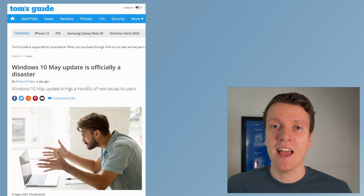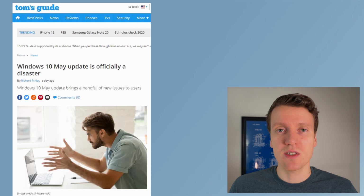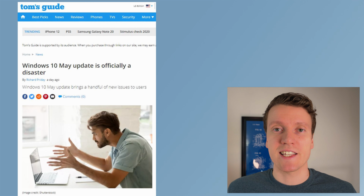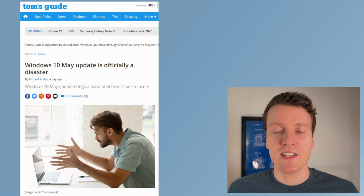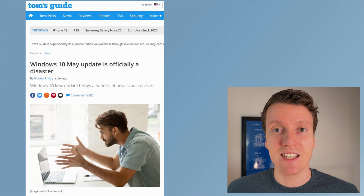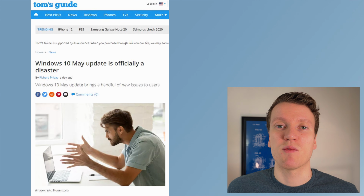First story of the day is the Windows Security May update. It has several glaring issues. Some people are having printer issues. Some people say it's taking them into tablet mode. Some people are having more serious issues, like storage being erased or going away and they're not able to manipulate their storage on their PC. Some are having Chrome authenticator issues, so that every time they turn on the computer, they have to re-sign in to